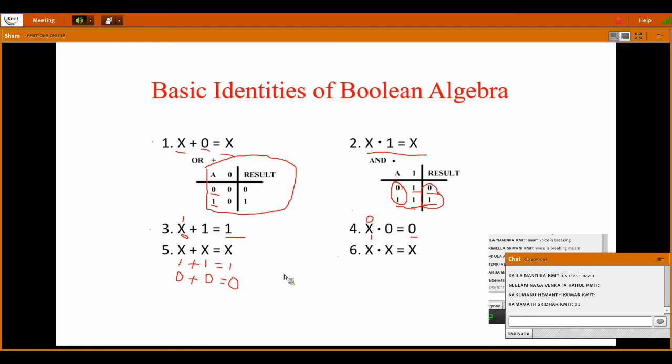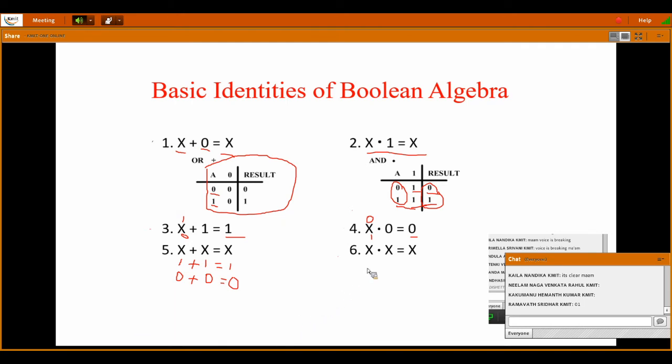OR gate, what is it? The output of an OR gate is high if any one of the inputs is high. So like that we need to verify. If a question comes in the examination, explain all the Boolean identities in detail, you should write the identity and explain with examples the same way I am doing, then only you will get the full marks. Very easy question. The digital part is very easy compared to the analog part.